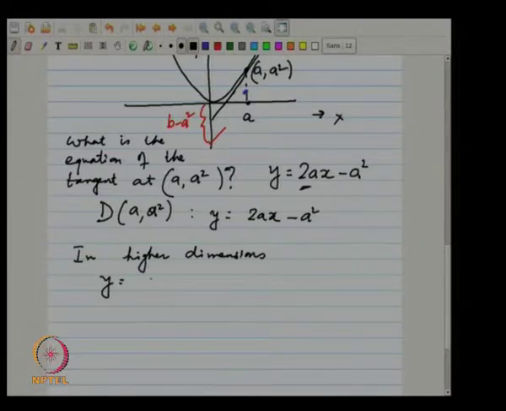Let me not use y and x, but let us say x 1, x 2 all the way up to x d. These are the coordinates in d dimensions. So, then my paraboloid is defined as